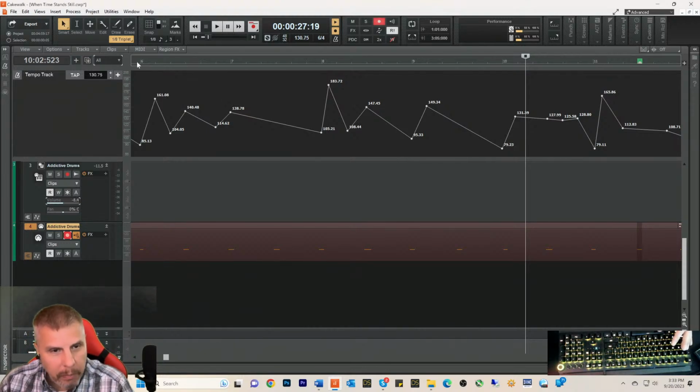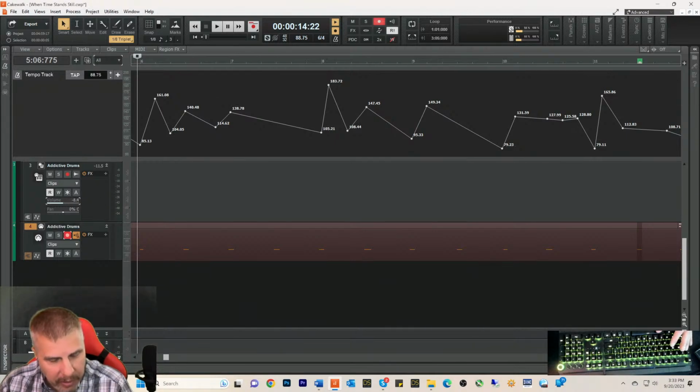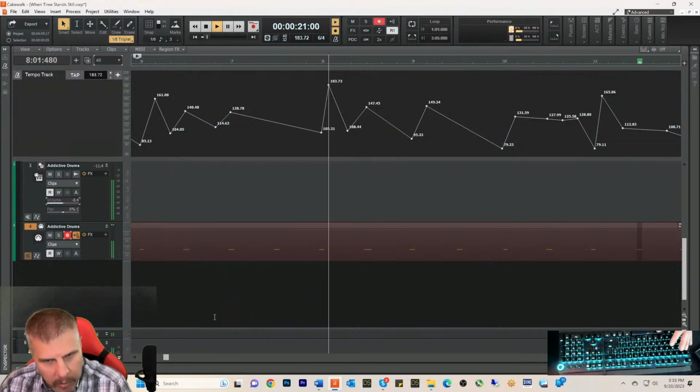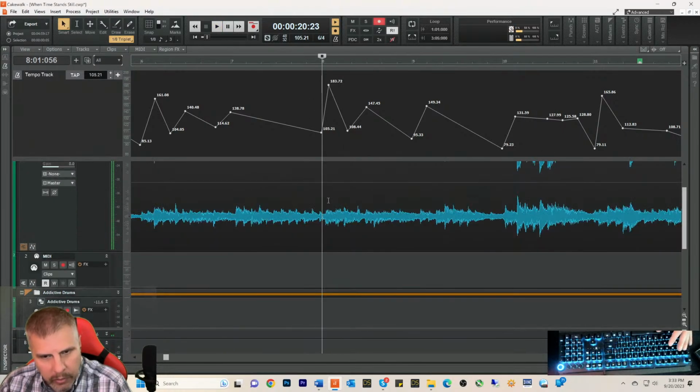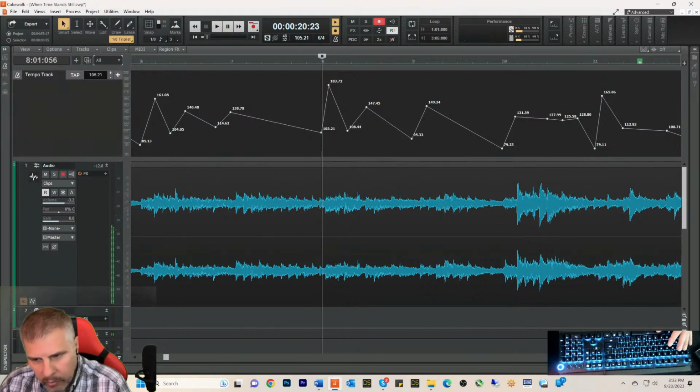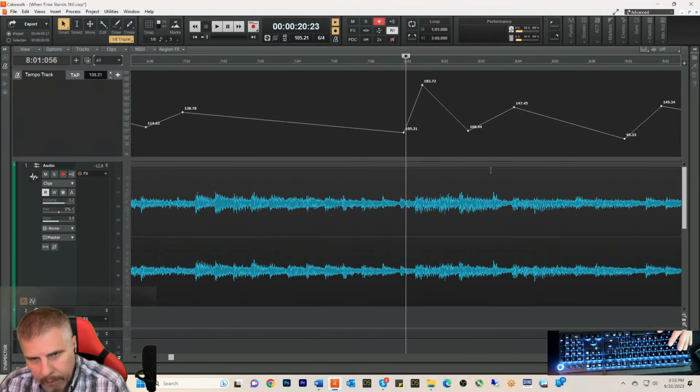I think I'm doing better with this metronome aspect than I am the downbeat aspect. Because it's actually following the